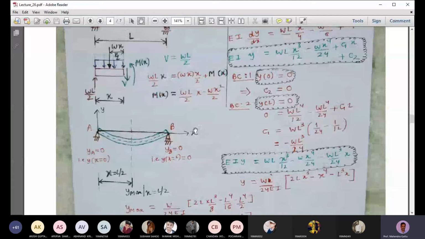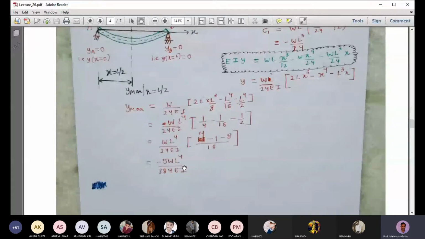So how do you reduce the deflection? You can increase the flexural rigidity. You can increase the I value, or the Young's modulus of the material, so the deflection will reduce. The other thing is you can reduce the span. If you reduce the span, the deflection will reduce. So you can either increase the flexural rigidity, or decrease the span, and reduce the deflection.